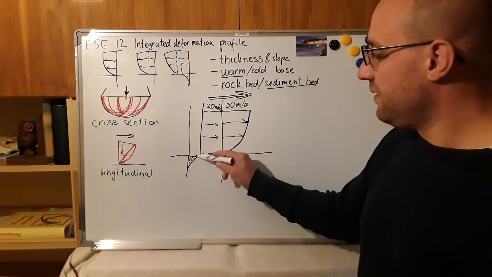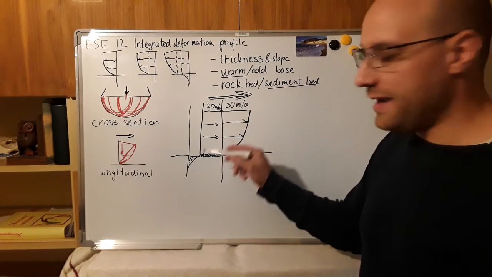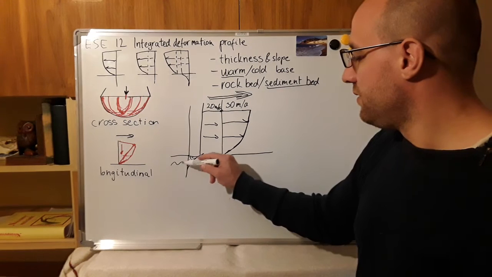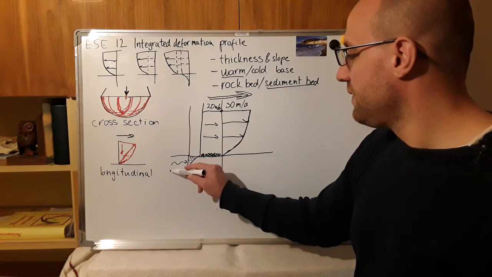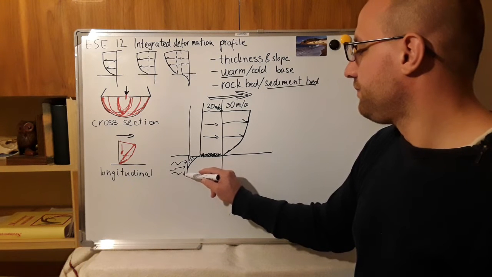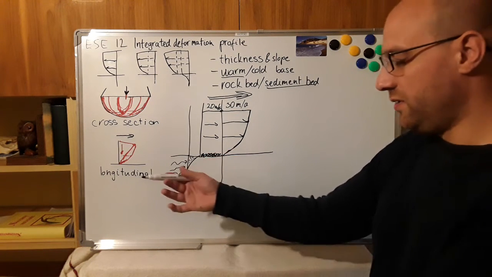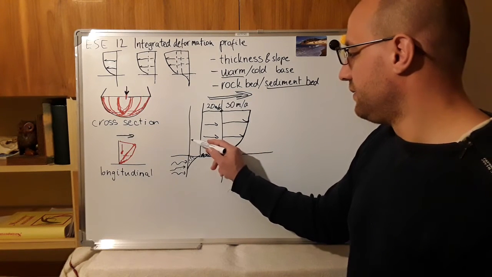So in this case, if it is a warm base glacier, it's wet, there will be water flowing through this material,